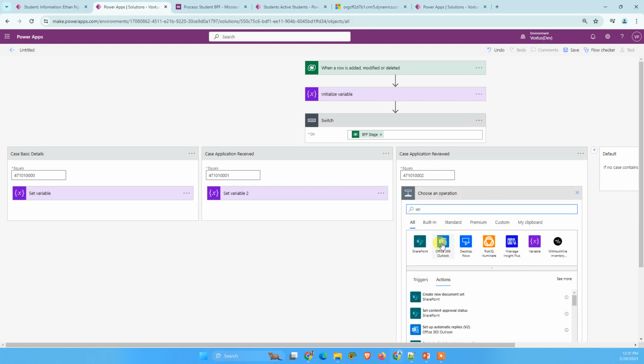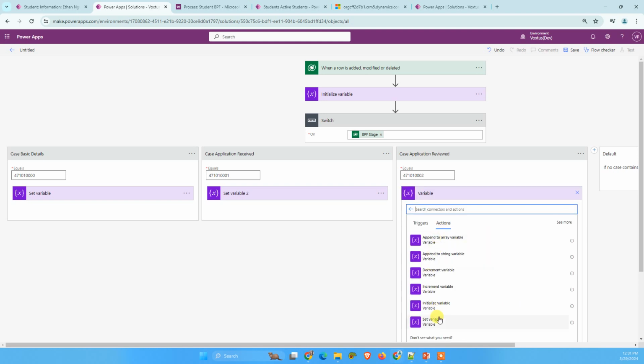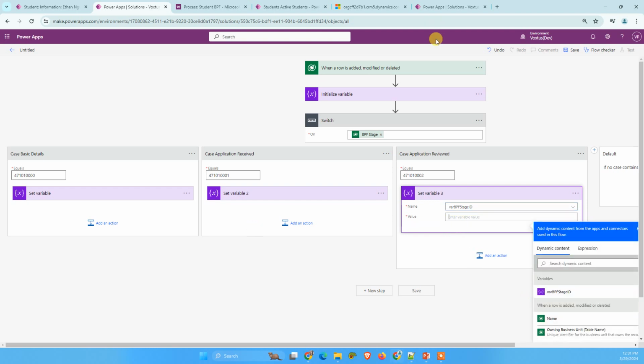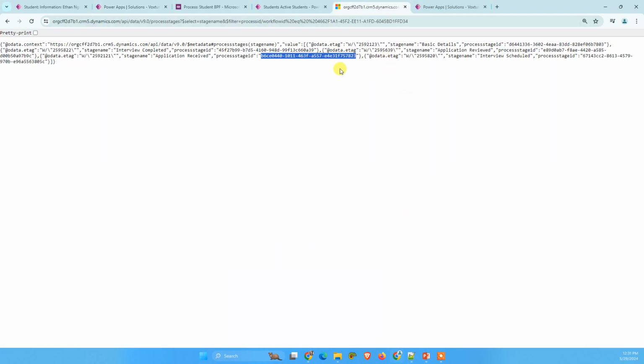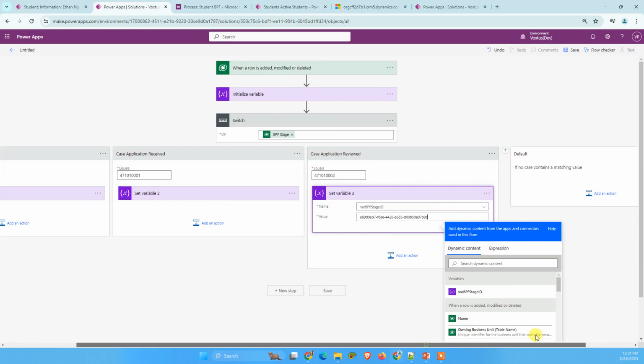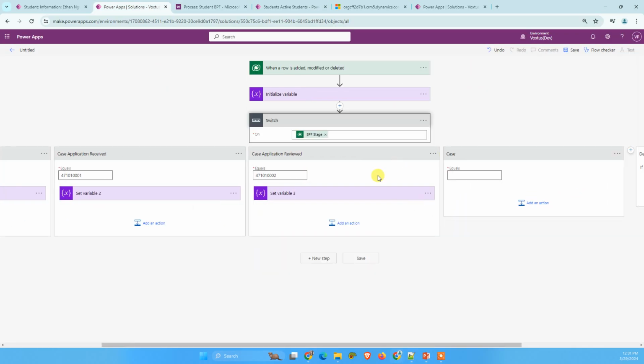Now we are going to set a variable inside this one. And application reviewed, application received, and application reviewed. This is the application reviewed. So we are going to get the ID of application reviewed from here. We are going to set it here. Okay, similarly we are going to add one more